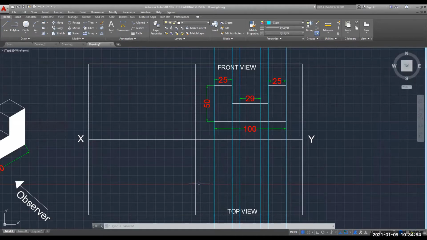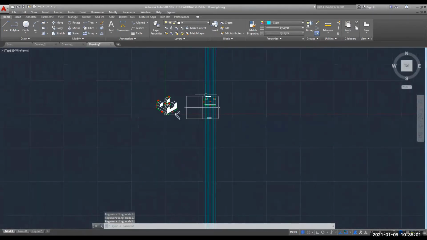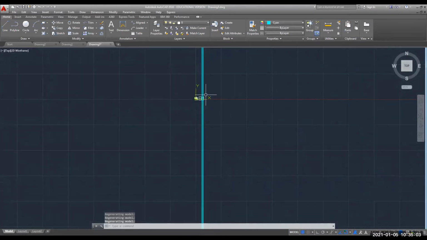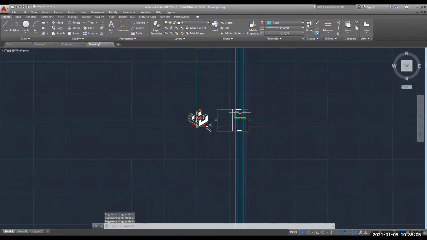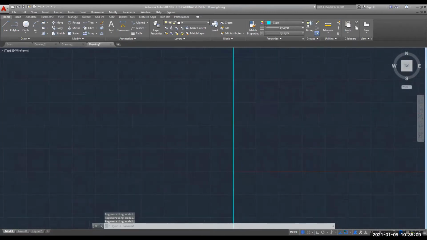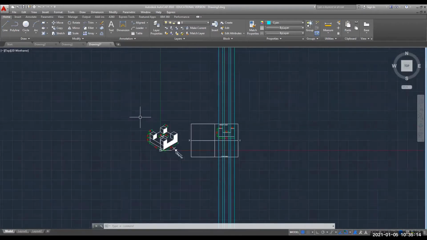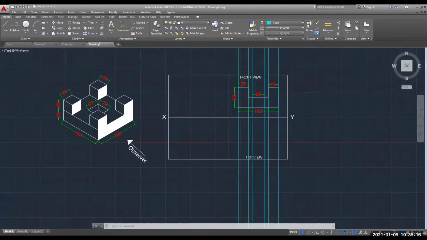Now I want to trim the unwanted or extra lines. As I have told you, the X lines are lines of infinite length. You can see here, it is actually a line of infinite length. We will not be able to see where is the endpoint of this blue color line. So I am zooming in and zooming out just to show you that those lines are actually of infinite length.